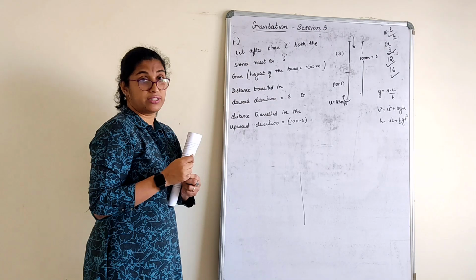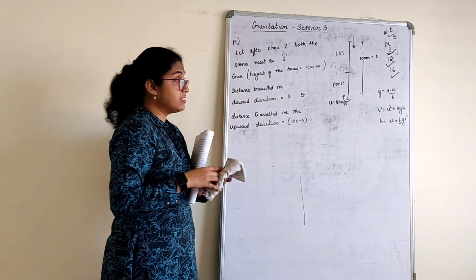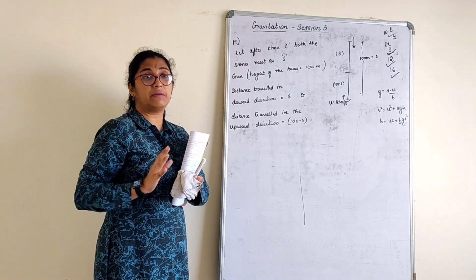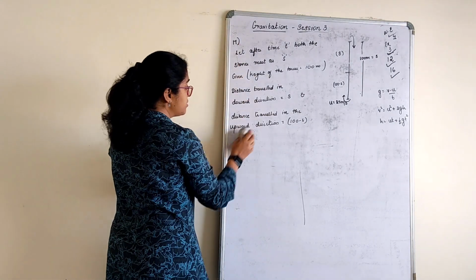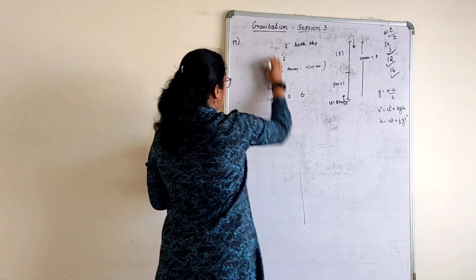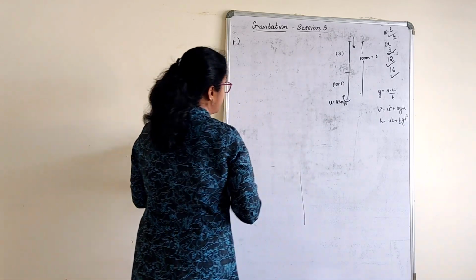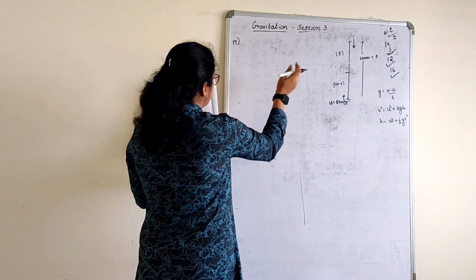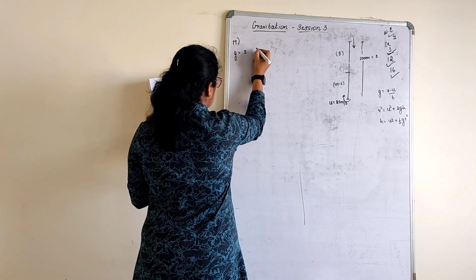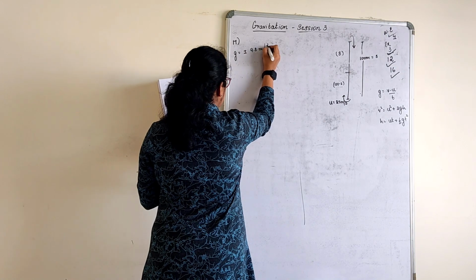The starting we have to write because we need to know what we have taken. Shall I just erase this? You can also consider it as X also. Anything, any variable you can take it over here. I'll just erase this part because there is lot many things to be done here now. Anyhow, we already have it in the figure given at this. Then g is equal to plus or minus 9.8 meters per second square.